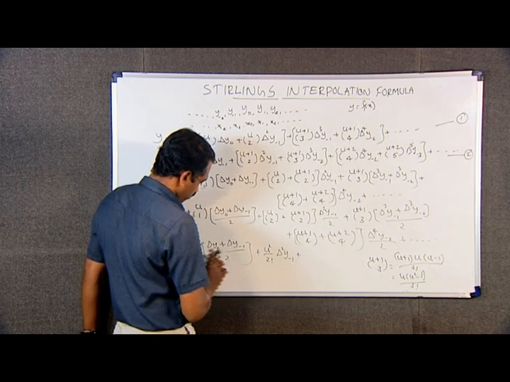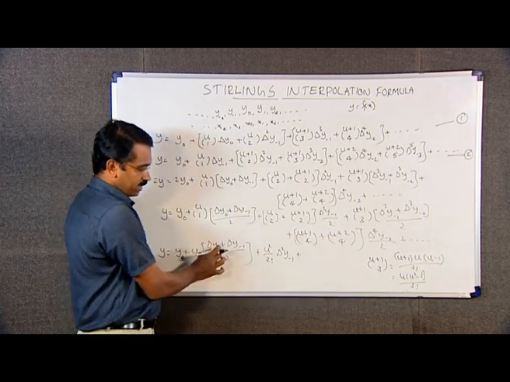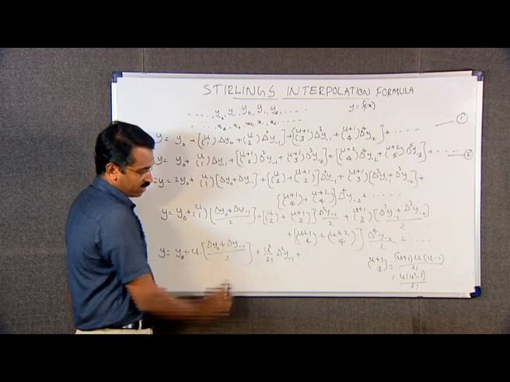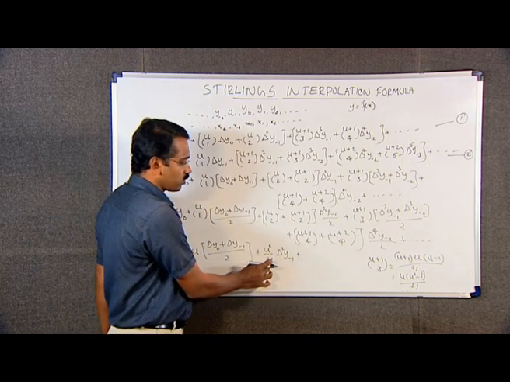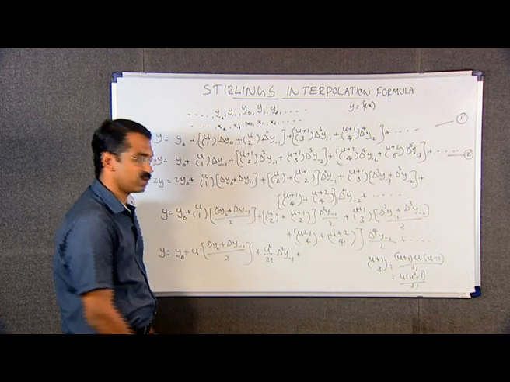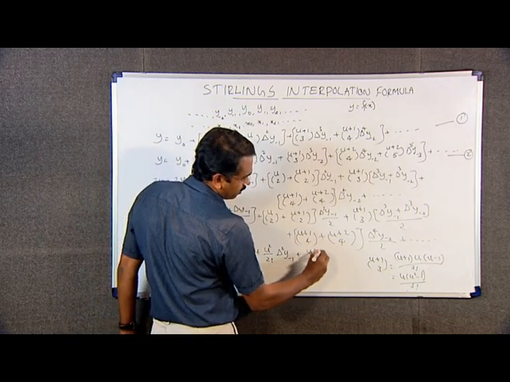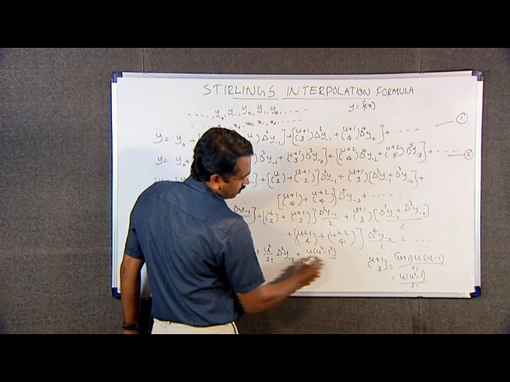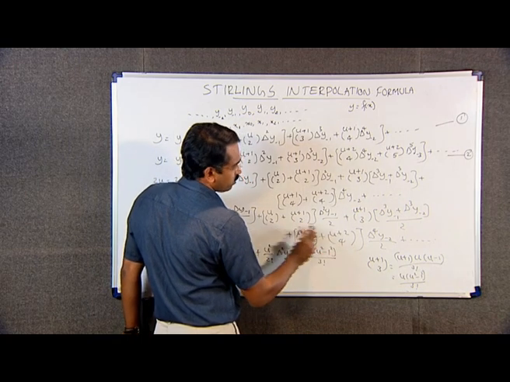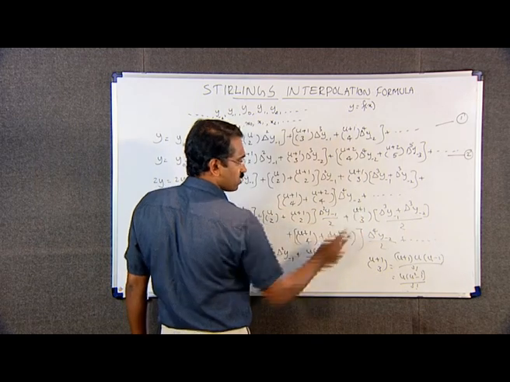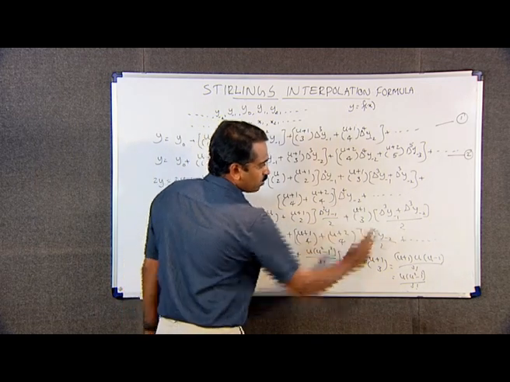Therefore, this is equal to y naught plus u into delta y naught plus delta y minus 1 divided by 2 plus u square by 2 factorial into delta square y minus 1 plus u into (u square minus 1) divided by 3 factorial into, this is (u plus 1)C3, this into delta cube